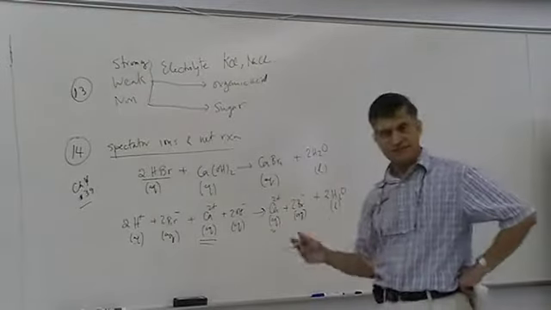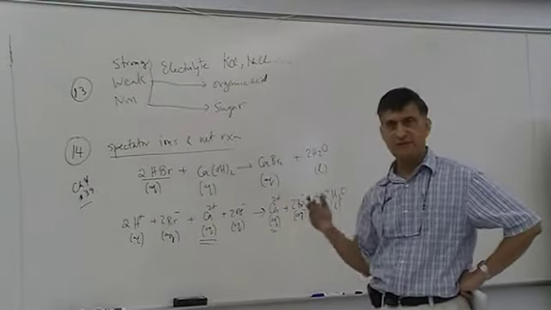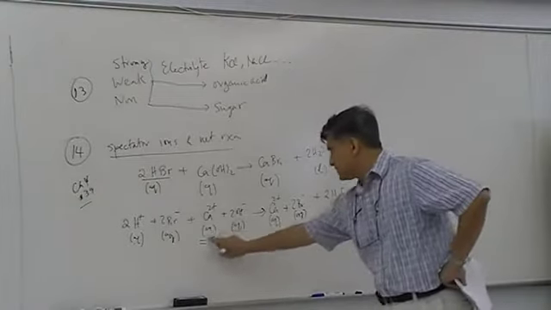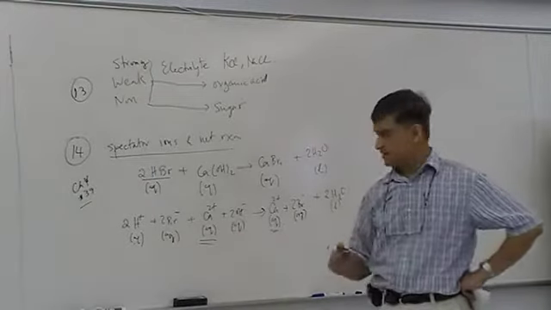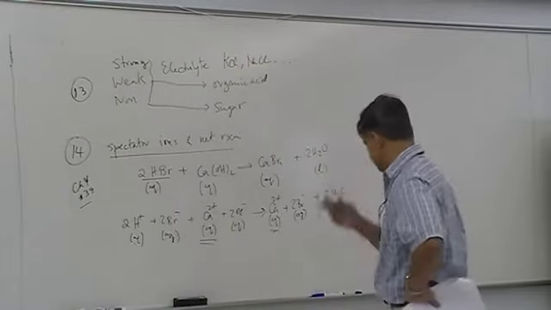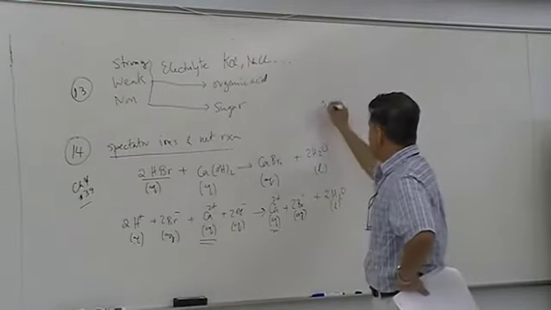Just like a spectator watching a football game, they are not players. They are not playing the game. Similarly, these are the substances that don't take part in the reaction, which you have on both the reactant side as well as the product side. Nothing had happened to them. So, spectator ion in this case